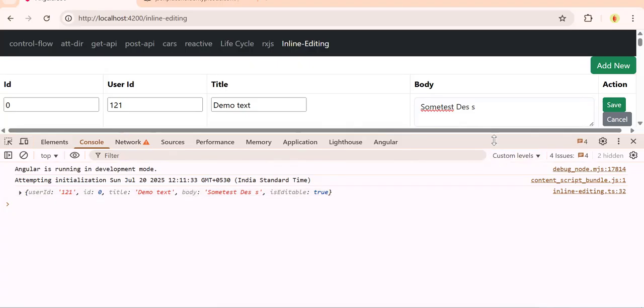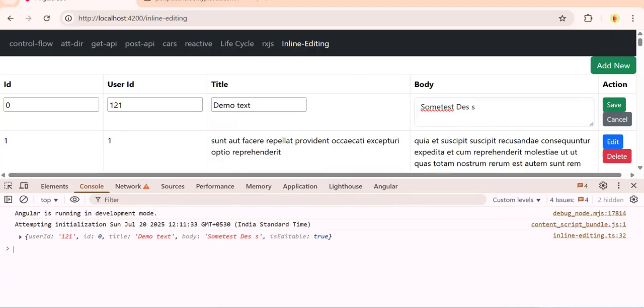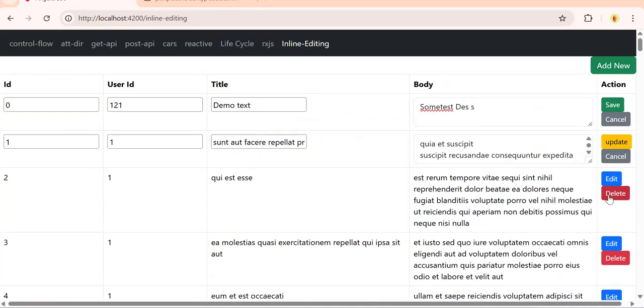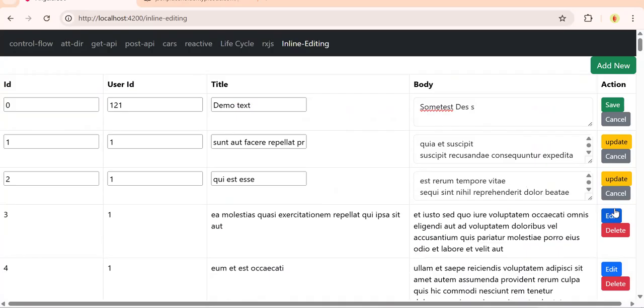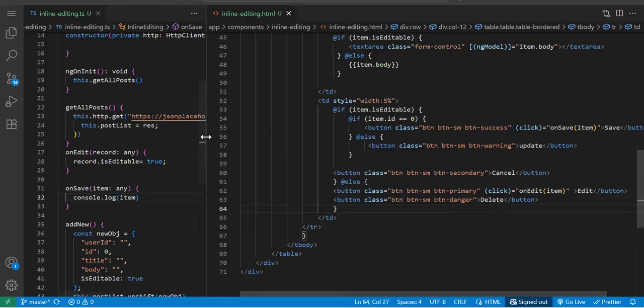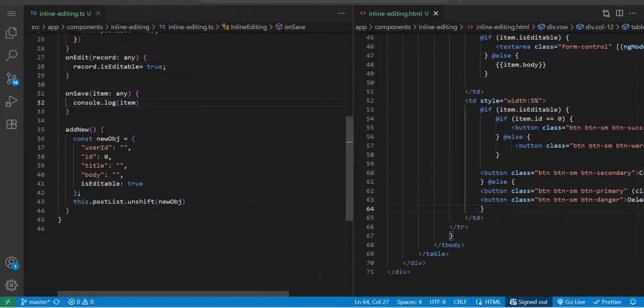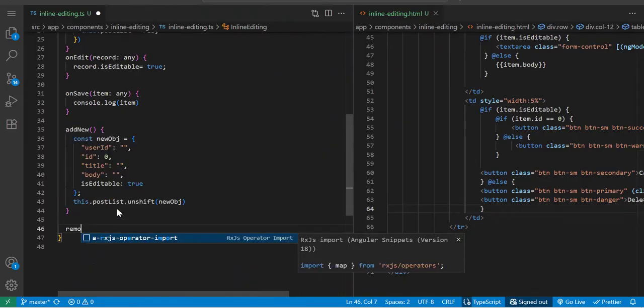Now on click of cancel, what should be done? If you click on cancel, now again with cancel, there are so many scenarios. First, we need to consider, are you allowing multiple records to be editable at a time or a single record? Let's go with the single record. So what I need to do, at a time only one record will be in the editable mode. So for that, when we click on the add or the edit, we need to remove this particular flag from all the elements. So I will create one more function,